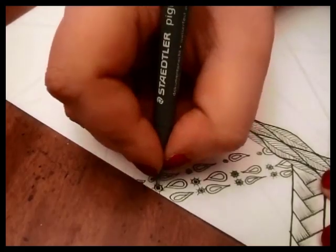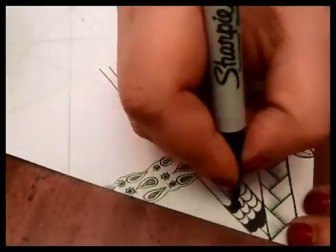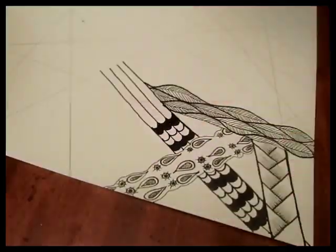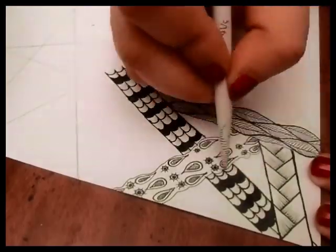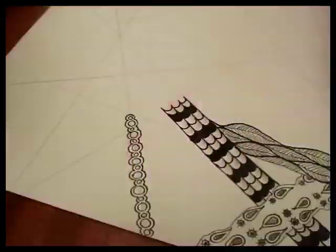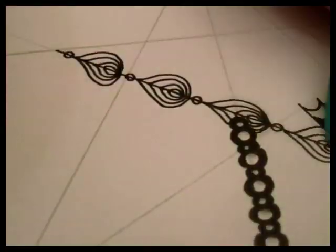And today's tangle was just basically, I wanted to play around with my tortillon or blending stump. I'm not the most confident person when it comes to blending and shading, and I was just kind of trying to practice. Somebody asked me not too long ago in the comments how I decide where I'm going to shade,